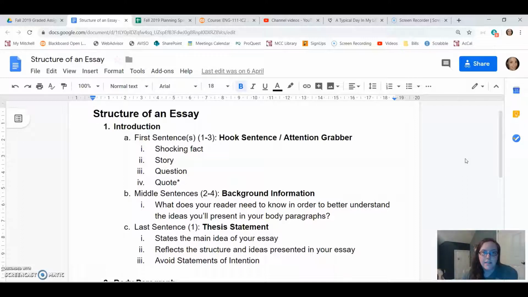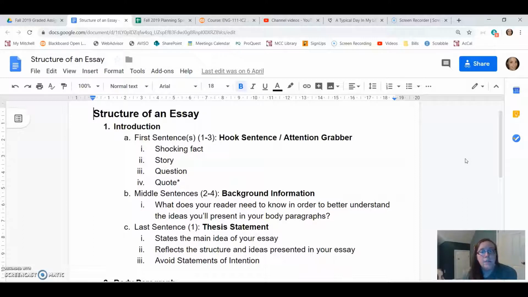Shocking facts and statistics are often really effective for argumentative essays or for papers where you're going to be doing a lot of research, because those facts and statistics are usually numbers based and surprise the reader in some way, get them wanting to read more. Stories work well where you're trying to present maybe an emotional reaction to the reader. Again, these can work really well for argumentative essays where you tell a story about someone which pulls the reader's heartstrings a little bit and wants them to know more. This kind of opening introduction story can fit really well with your essay as well.